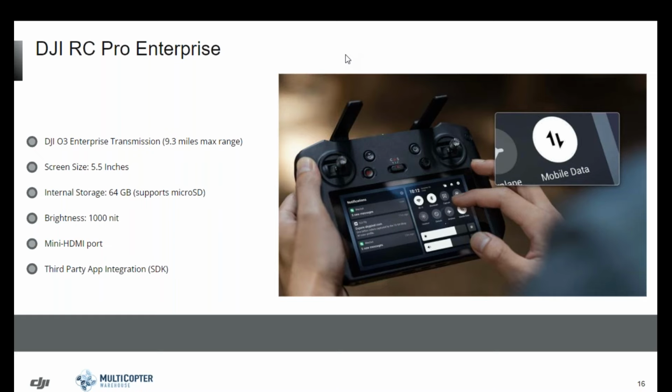And that's not something I see getting added in. So if that was something of importance, you'd probably want to look into either the M30 or the M300 for that. But screen size, so the size of this is going to be very similar to what we see with the RC Pro and the original DJI Smart Controller. So 5.5 inches, you do have 64 gigabytes of internal storage, and then you are able to import files through